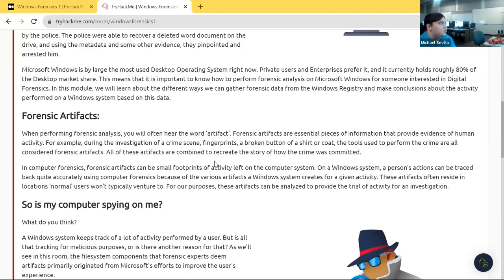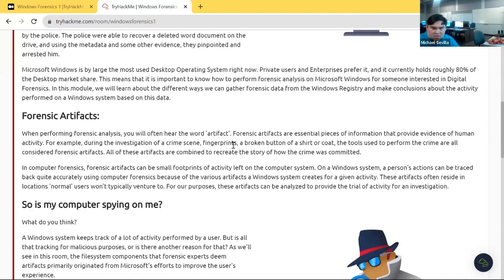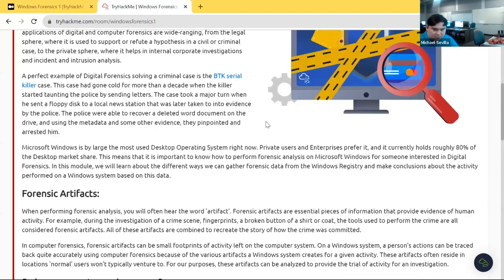Indicators of compromise or artifacts are really important because they help you get a better understanding of the root cause of the event, so you can figure out what happened, how to get started, and how to go from point A to point B in the most efficient and effective manner. So it is highly recommended to understand not only the term artifact, but also examples of it, such as indicators of compromise. If I may add,